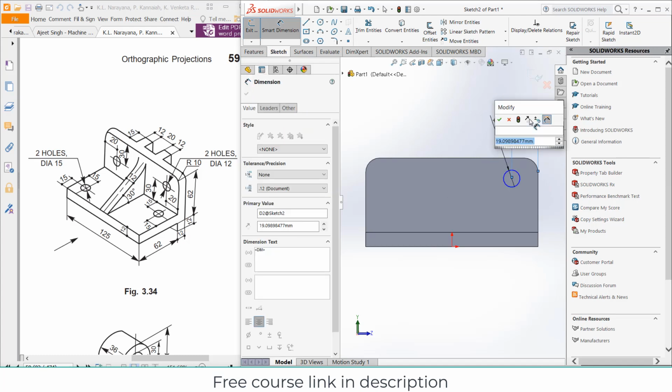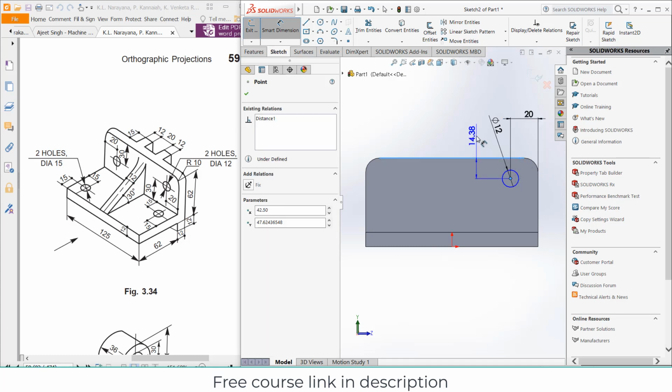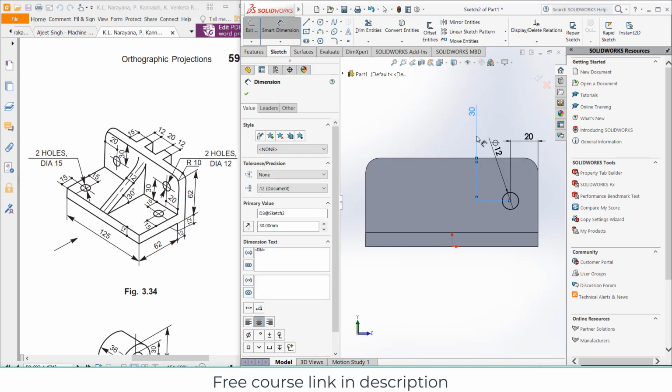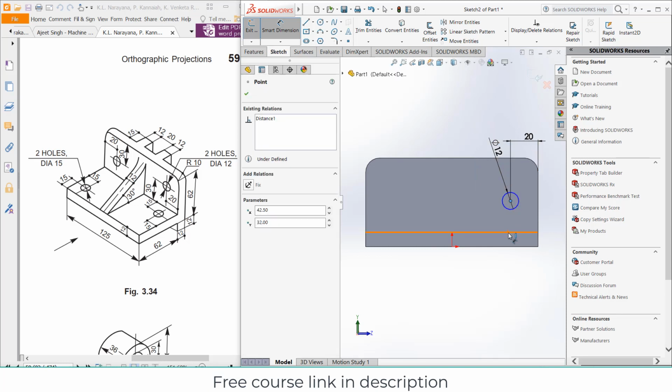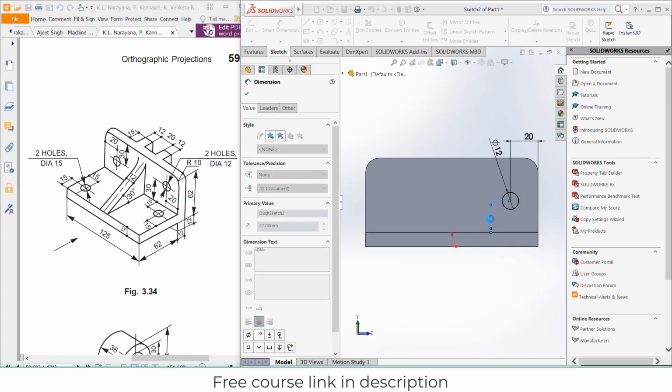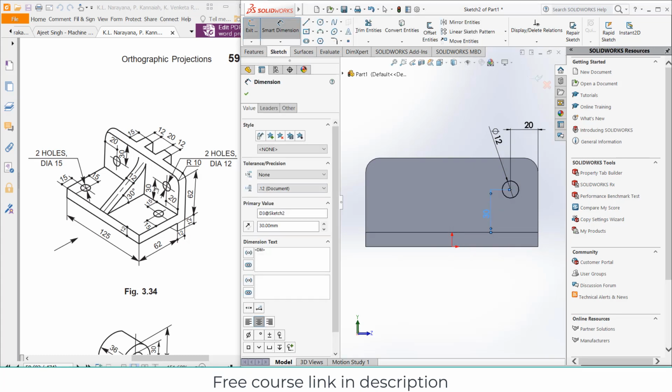Distance from here to here is 20 mm, and distance from top is 30 mm. 20, 30. Oh, sorry, this one is from the bottom one. So my bad. 30 mm. As you can see, it is 30 from below.